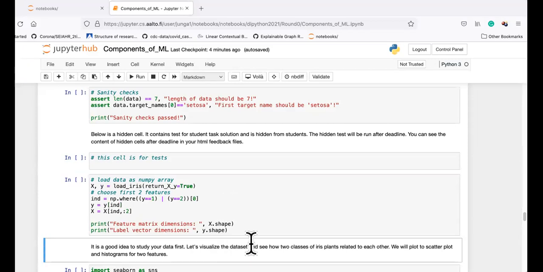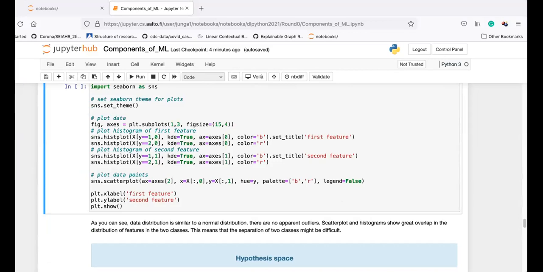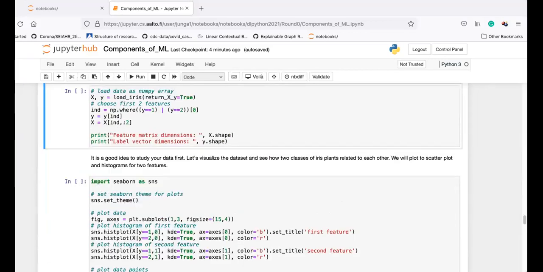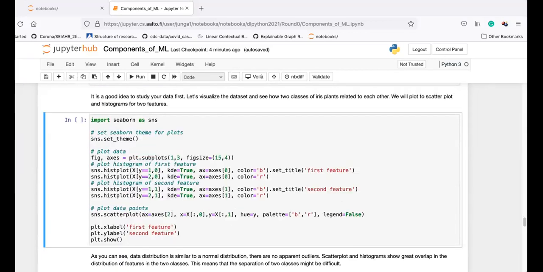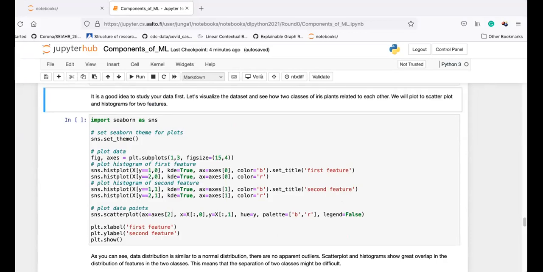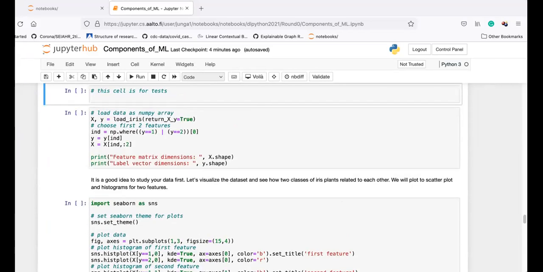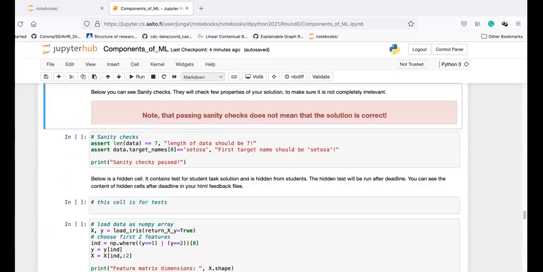Okay, so here we have data. What do we do next? So it's then always a good idea to plot the data, to visualize data. So get a feeling. This is, of course, a very vague hint, to get a feeling for the data, but just try to visualize it somehow.